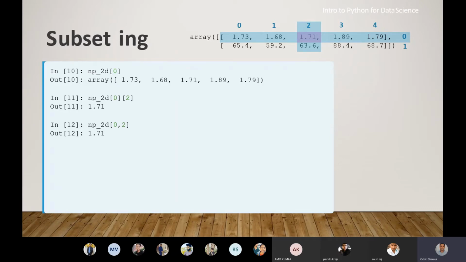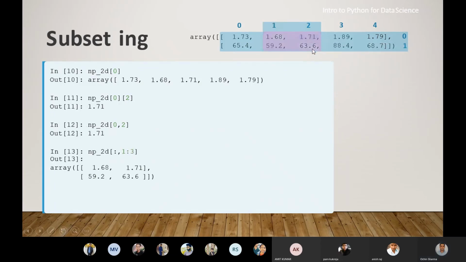Here we are saying np underscore 2d in square brackets, giving the row index, 0th row, and the column index, second column. As highlighted in the top right, 1.71 will be printed. It is repeated basically, 0th row and second column. I believe it should be first row and second column, then it would give you the value 63.6. So this is the way you can get different values.